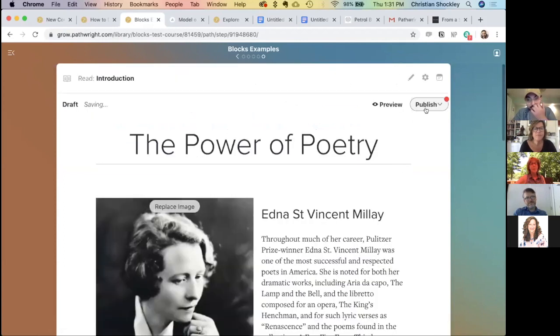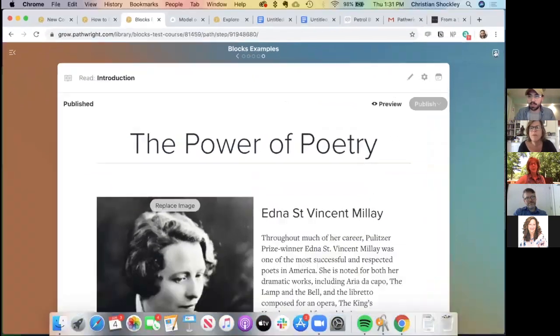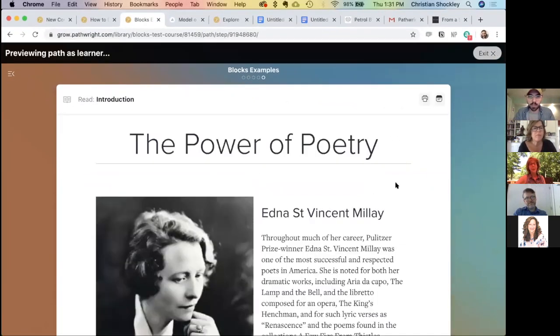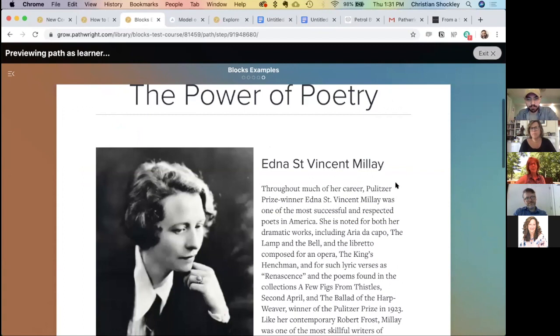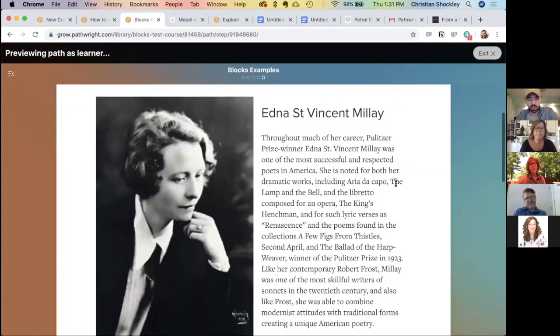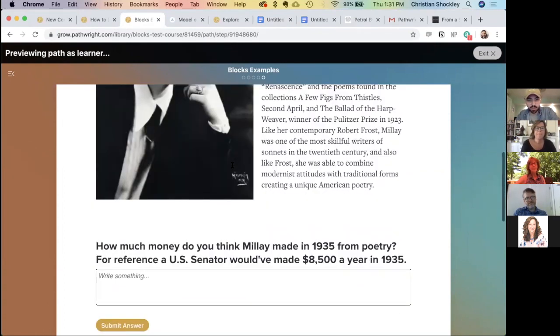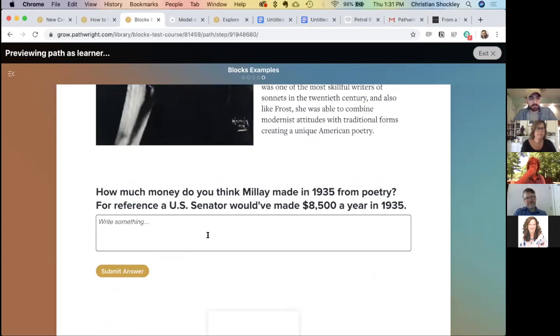And then we have designed a step. So I'm going to publish this. Then real quick, let's experience this like a learner would for the first time. So our learner comes to this step. They read a short bio of Edna. They see her. They say